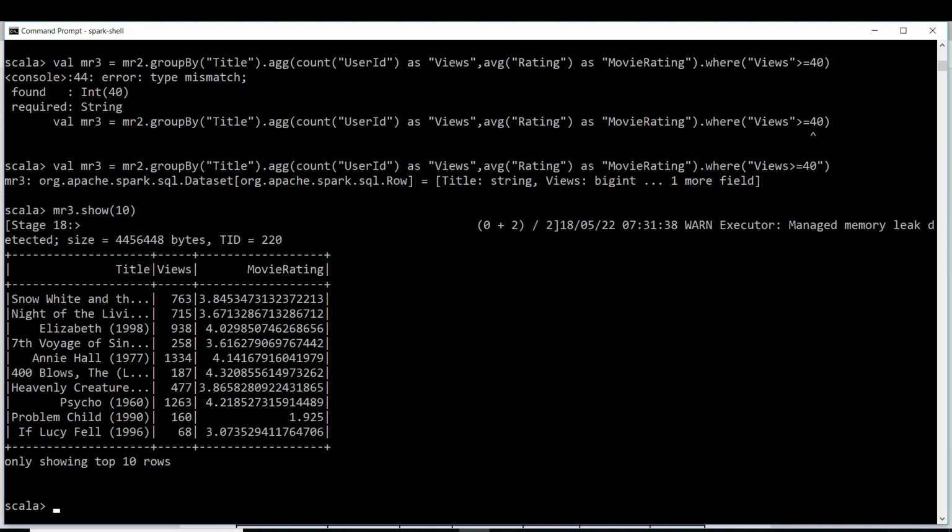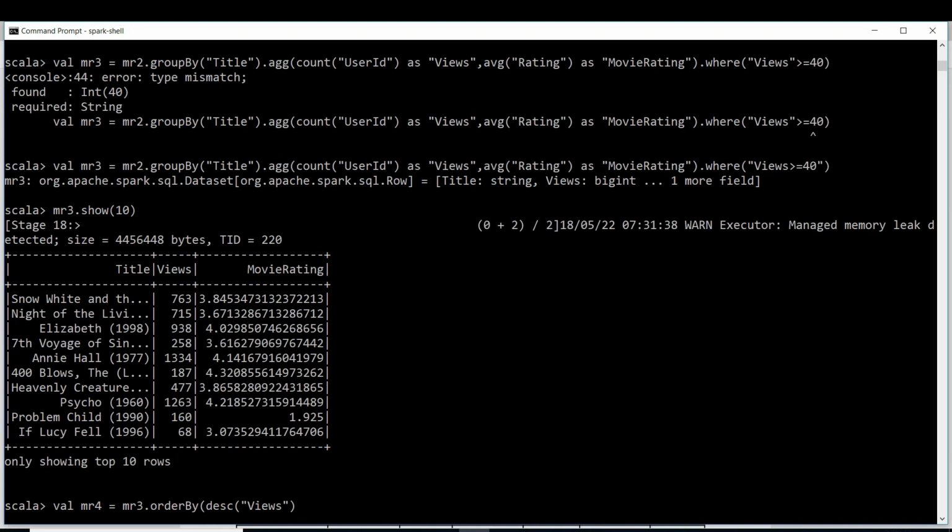From this, we now need to arrange the data in descending order, and after that select only the top 20 rows. So val MR4 equal to MR3 dot order by, descending order of which column? Views.